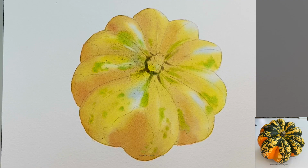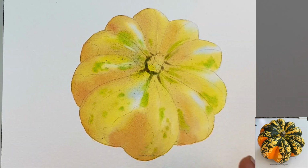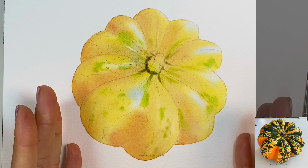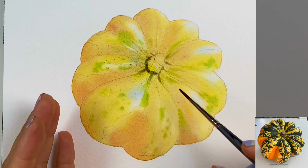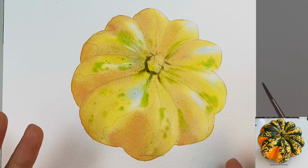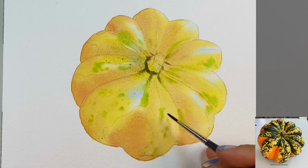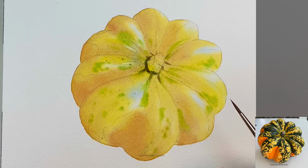Hey everyone, so everything is dry, so I might as well start adding those orange patches first. Why orange patches? Because once you have the orange patches in, you can still change the shape of these patches, because you would be adding the dark green, indigo-like patches later, and so you can always reshape them